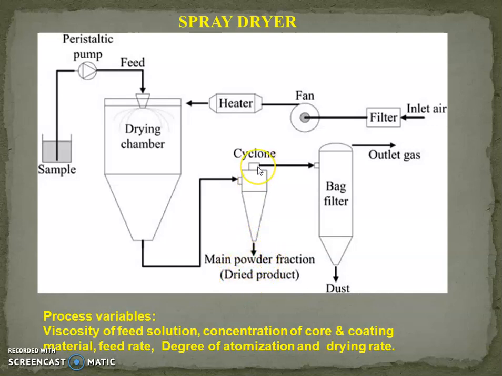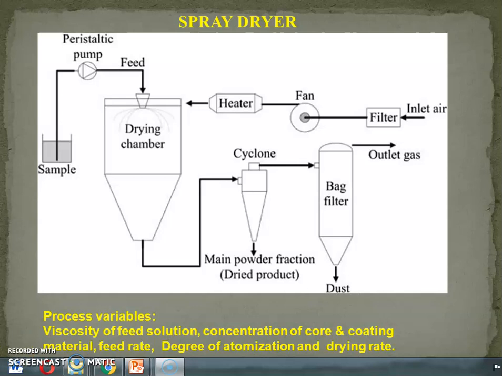If the material has a fine size, it may pass into the back filter, which is of no use, as it is just dust. Thus, the microcapsules are prepared by using a spray dryer, as spray drying as well as spray congealing